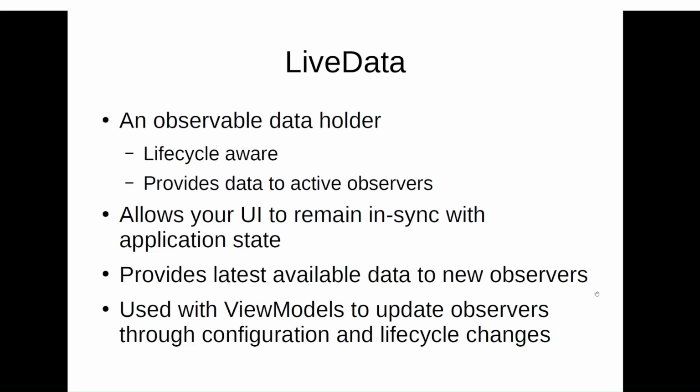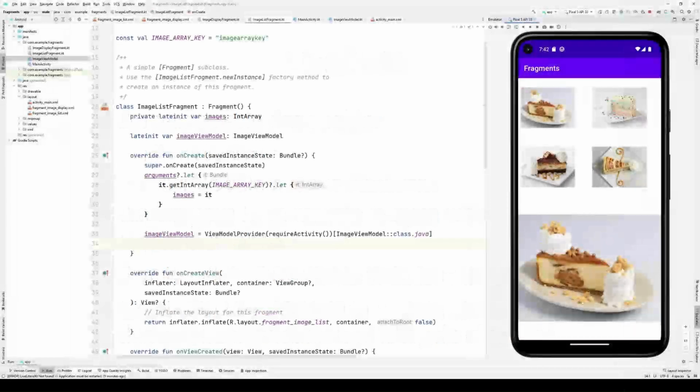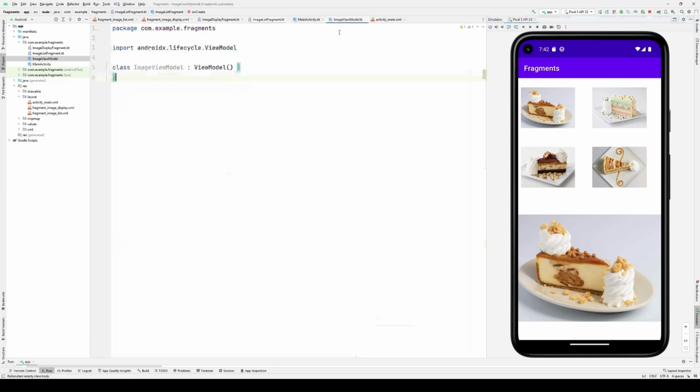When we combine LiveData and ViewModels, what we have is a very, very powerful component that is able to live or persist through activity restarts and then inform the new instance of an activity, or inform the fragments found in that activity, of the state, allowing them to update themselves immediately. So let's place some LiveData inside of our view model. So inside of our image view model,